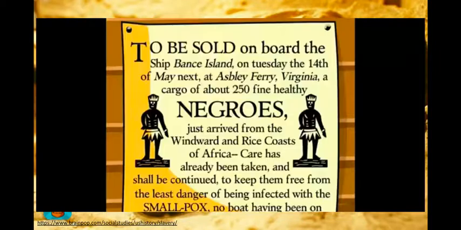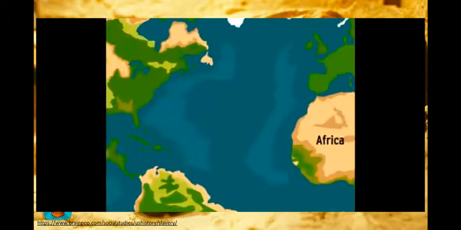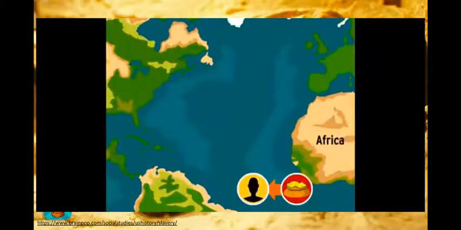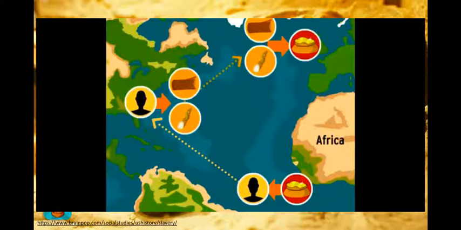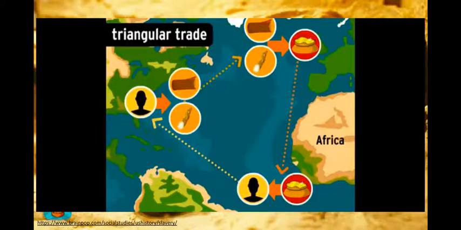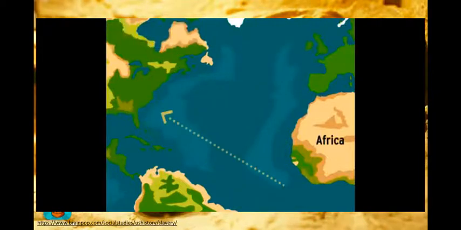The slave trade was a big international business. In Africa, people were kidnapped and traded to merchants in exchange for European goods. They were then sent to the Americas, where they were forced to work on plantations. The crops they grew were sent back to Europe, where they were sold and manufactured into goods. The system was called the triangular trade, and the leg between Africa and the Americas is known as the Middle